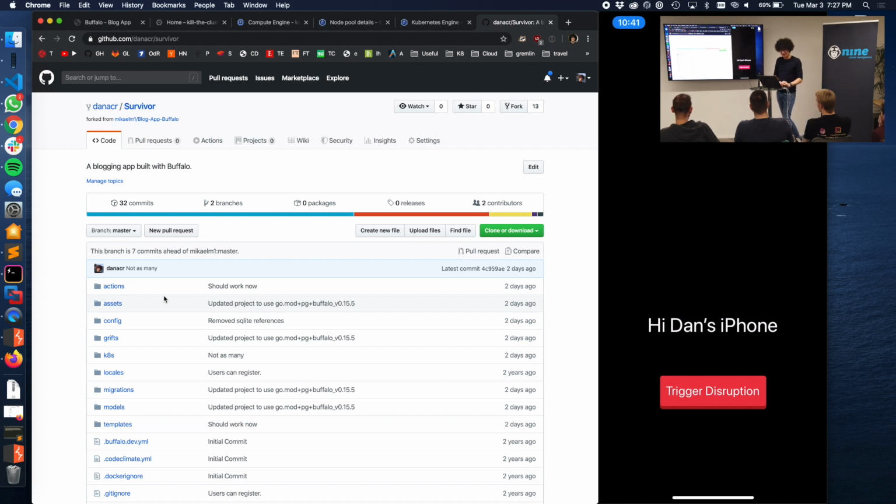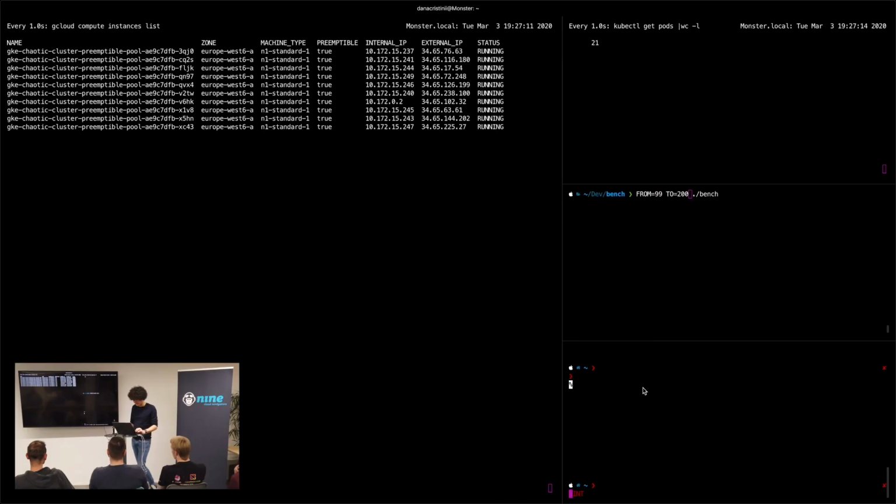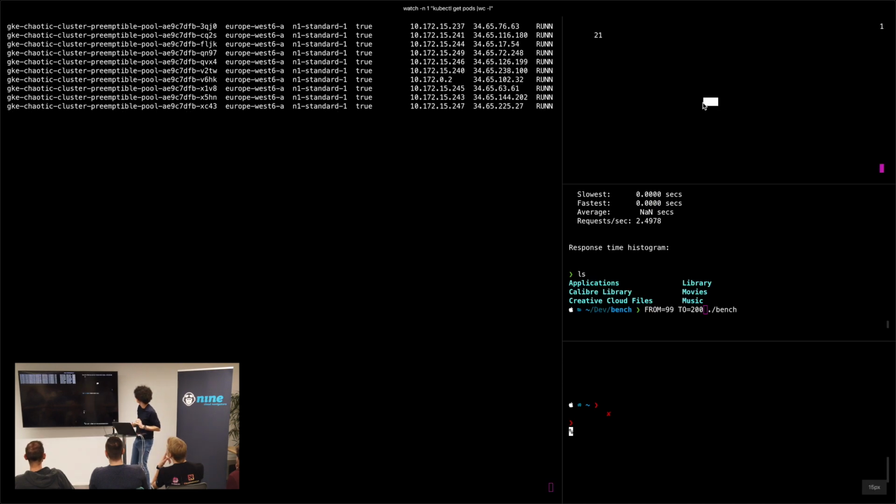And what I wanted to show here is that if we start this GET benchmark, just to make sure we have some consistent load on the cluster, of course, why not? The Q is actually the QPS. So I am rate limiting myself, but now we're going to do it at 50 because why not? It's a demo, things should break. So we're starting this. It's basically warming up our pods. Up here, 21, I don't know if I'm going to zoom in. It zooms in everything. That's a bad thing.